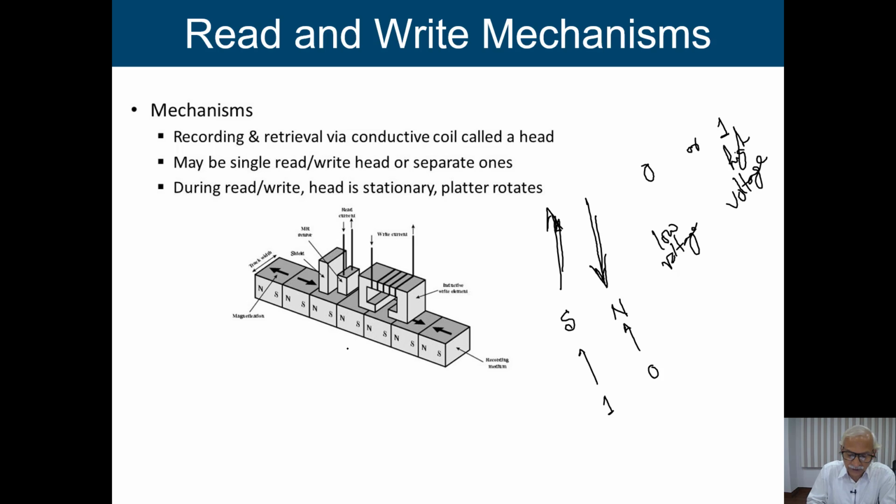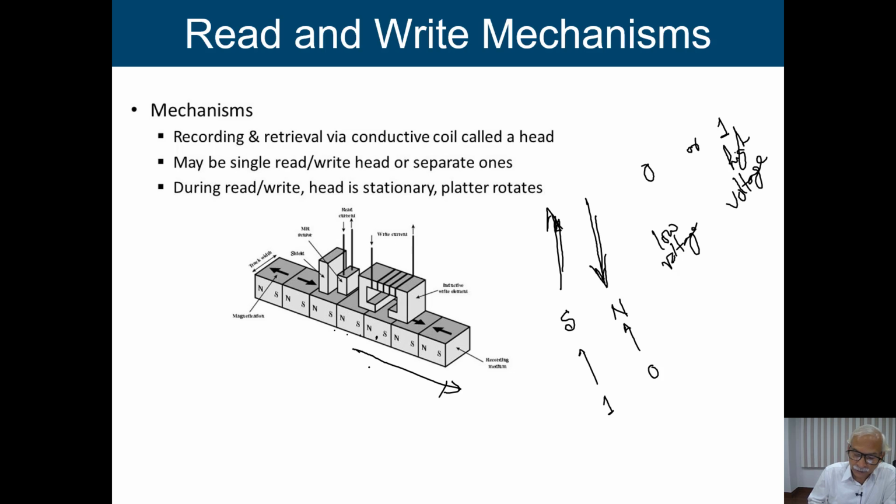Now you just see, in this particular case, when we are going to rewrite, the coil and this head remain stationary and this particular platter's magnetic surface moves in one direction. So when it moves in one direction, then what will happen? Depending on the polarity, this point will be magnetized. Now during read, what will happen? Already I said that, if I move the electromagnetic field over here, then we are going to have a current.